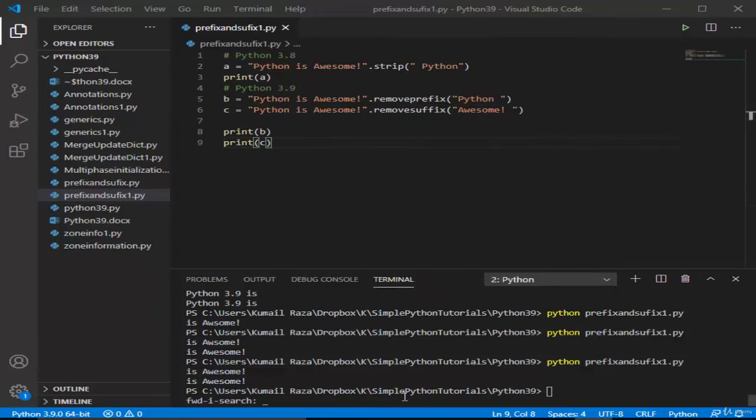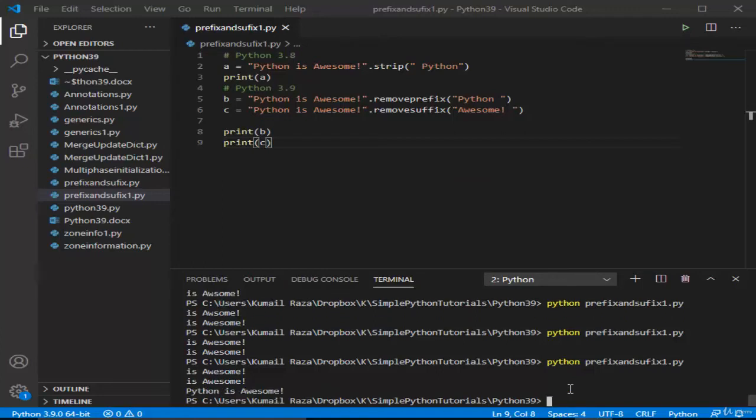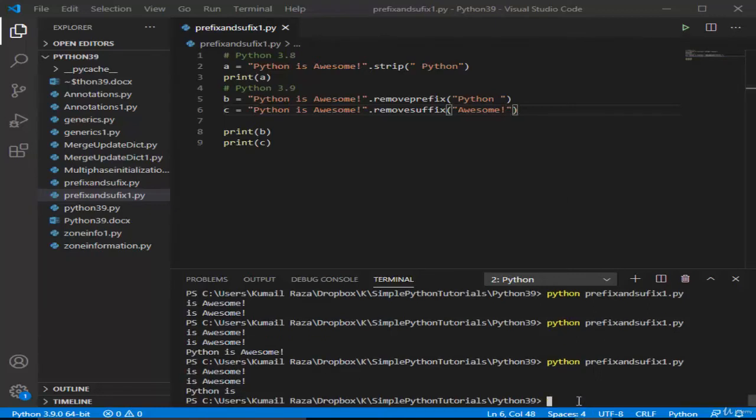Nothing is removed, because the string ends with awesome exclamation mark, and after that there was no space, and therefore it did not strip off awesome. Now if I remove that space and run the code again, it removed awesome